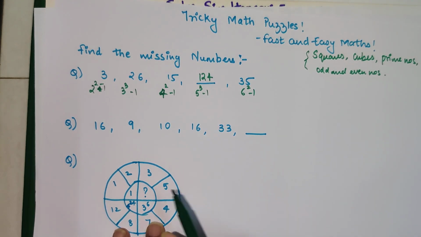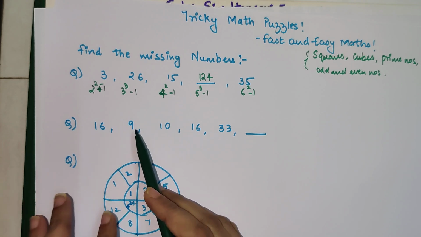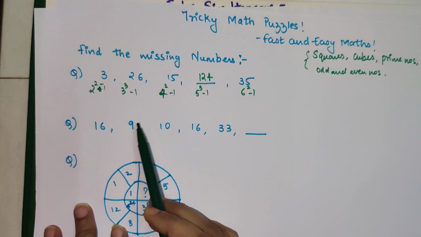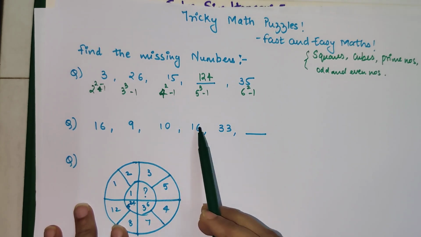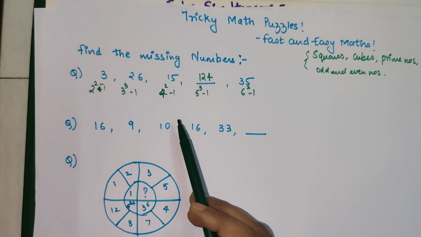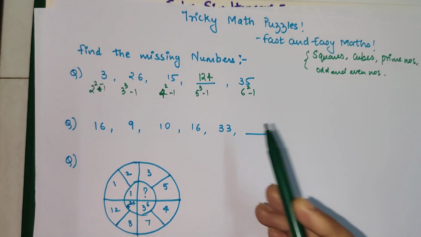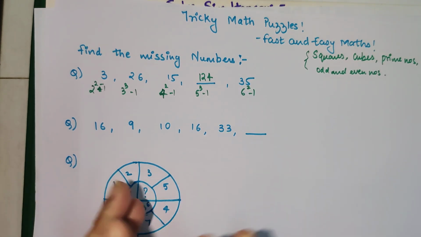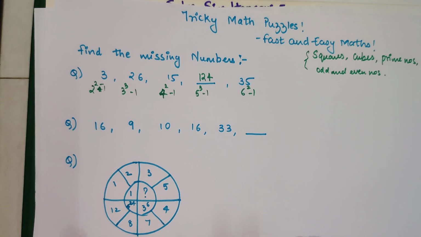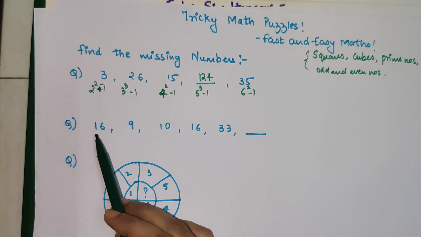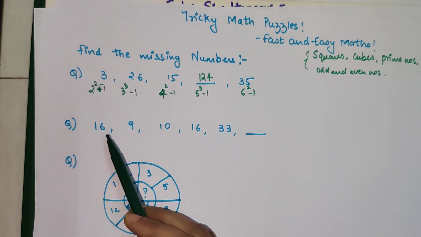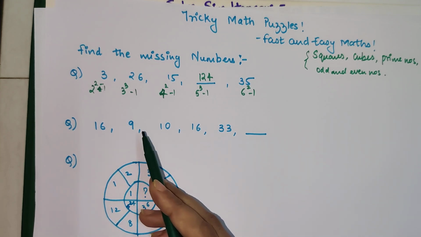Now like I said, here if we take a difference, 16 minus 9 will get you 7, then 9 minus 10 will get you minus 1, then 10 minus 16 will get you minus 6, and 16 minus 33 will get you minus 17. So this is not working, because you are getting minus and plus as your differences. Now the problem is that you don't even have something like a product, or rather when you divide 16 by something, you might get something in terms of 9.